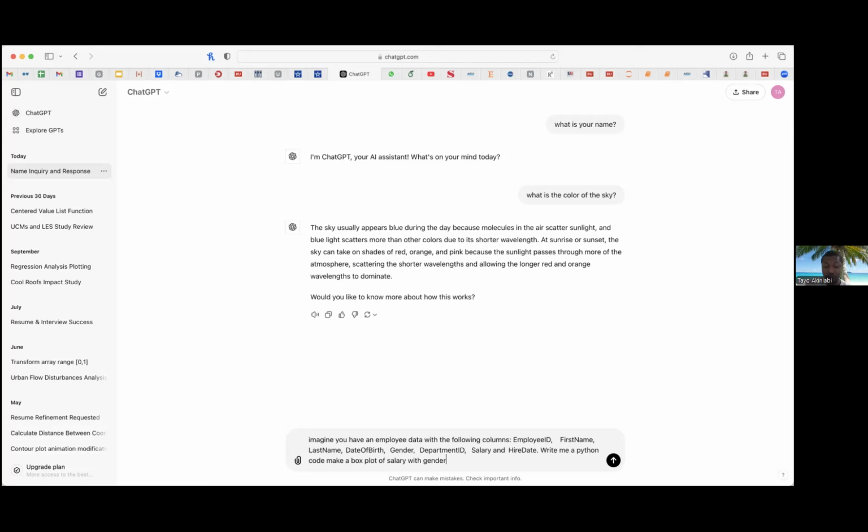So this is even more complicated. Let's start with something simple first, with plotting. Now, I don't know anything about Python. All I'm telling it is that I have this employee data, these are the columns, I don't care what's inside. Just give me a Python code to make a box plot of salary